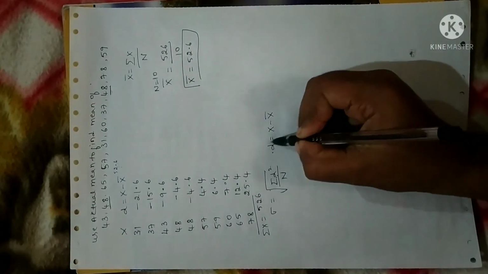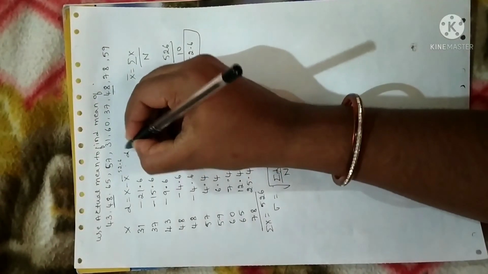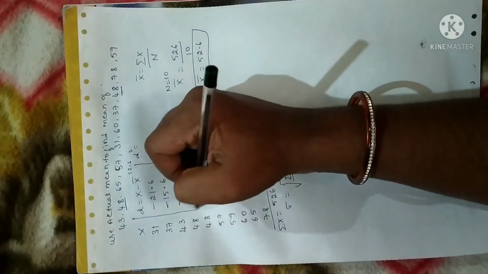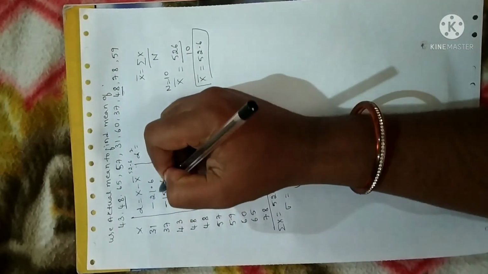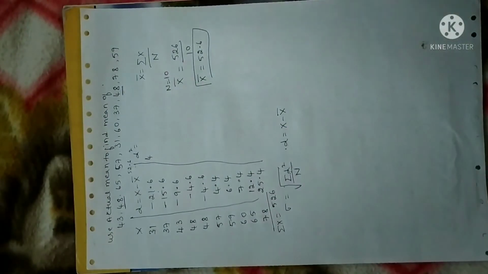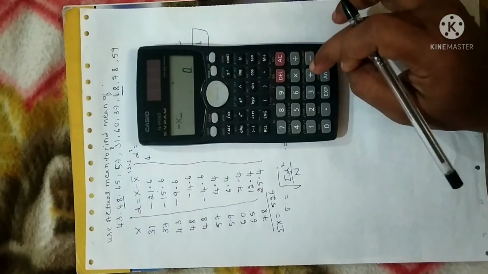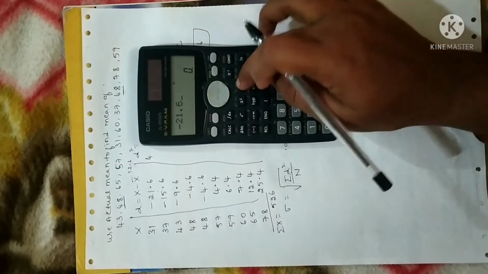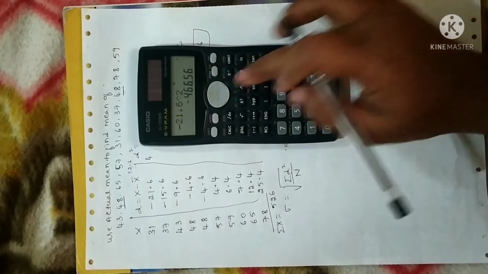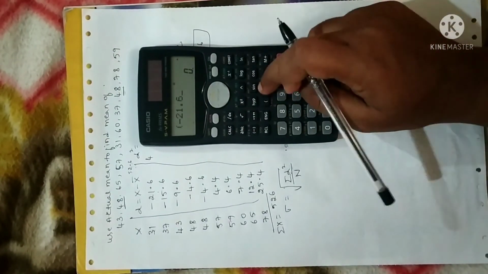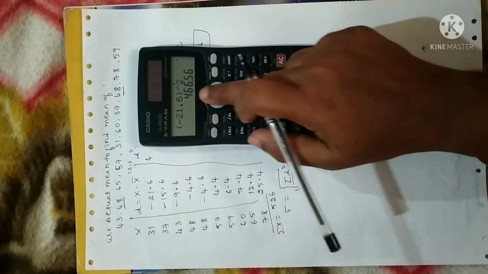Now what we require is d square. So let me calculate d square. D square, in the sense whatever I have for d, you have to square the values. So let me square 21.6 whole square. Minus whole square will be plus. I'll just show you here. Minus into minus will be plus only. See here, minus 21.6 whole cap 2, you just put the bracket. So you will get positive only.